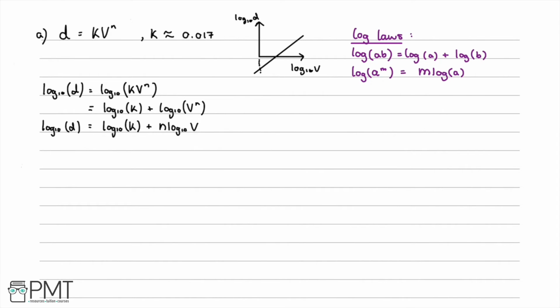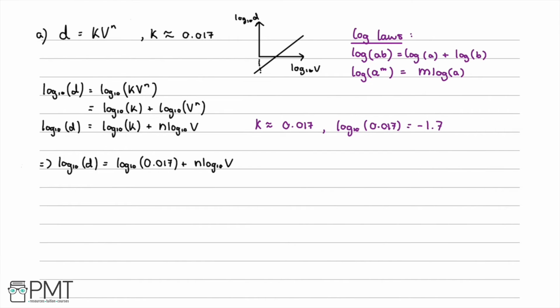Then the next thing, we recall that we're told in the question that k is approximately 0.017. So we can substitute this in to this position here. We'll then have that log base 10 of d is going to be equal to log base 10 of k, so we'll put in 0.017, plus n log base 10 of v. And then putting into our calculators, log base 10 of 0.017 is going to equal negative 1.7695 and so on. Then rounding that to 2 decimal places, we can say that log base 10 of d